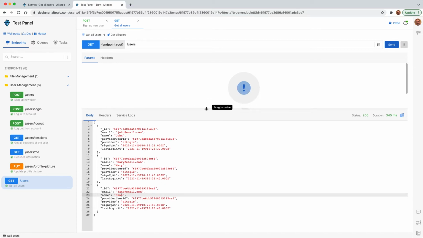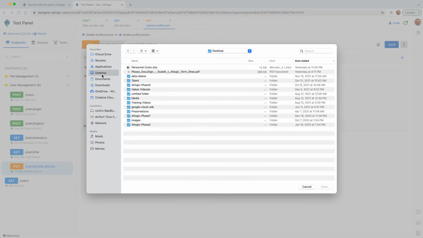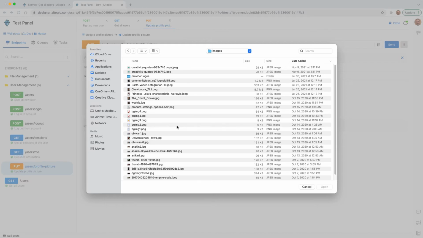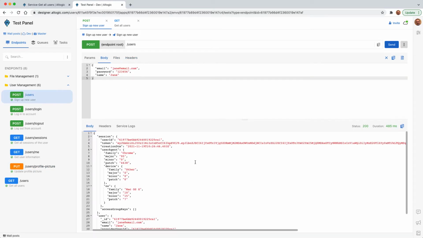Let's assume that John has uploaded a profile picture. There's already a default endpoint for this one, which comes from the template that we selected. Let's assume that John is updating his profile and he's uploading a profile picture. Let's go to desktop, images, this one. And what's the ID? We actually don't need to provide the ID of this one. We need to provide the session token. Okay, if I go back to here,